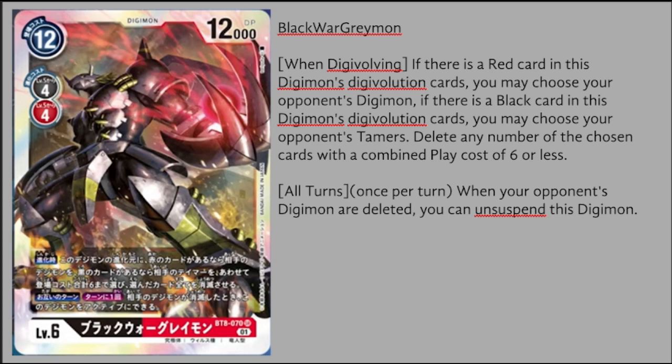So his first ability is a when digivolving ability, where if this card has a red card in its digivolution source, you get to choose an opponent's Digimon, and if there's a black card in this Digimon's digivolution source, then you get to choose one of the opponent's tamers, and then you get to delete any number of the chosen cards with a combined play cost of 6 or less. So this is one of the few cards that's actually interacting with the opponent's tamers. It also could delete Digimon, so I think this is just going to be a very powerful card to be using overall for its when digivolving ability, but its synergy with Metalgreymon comes from its other ability,